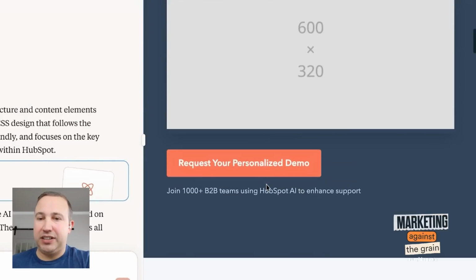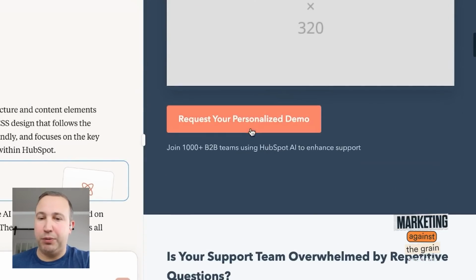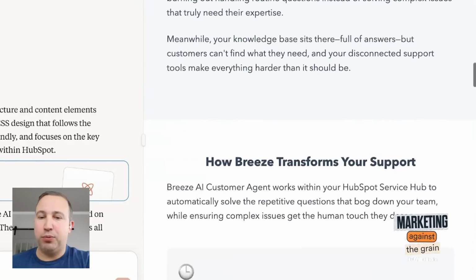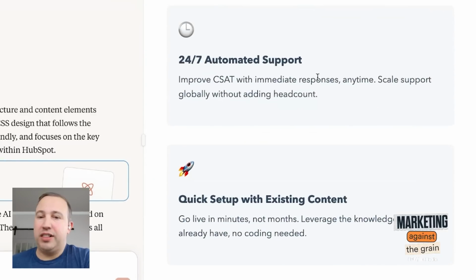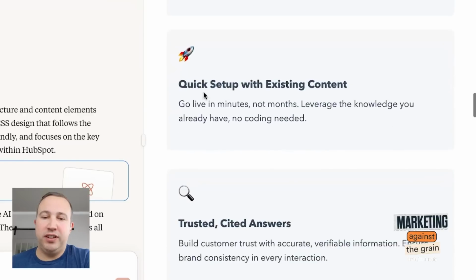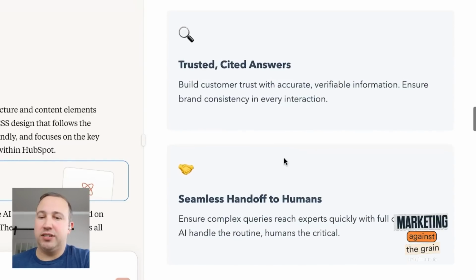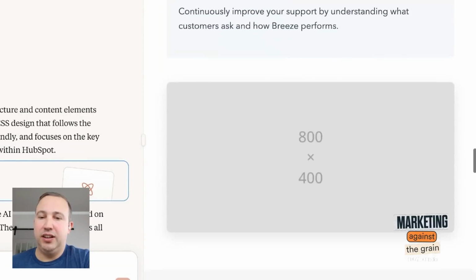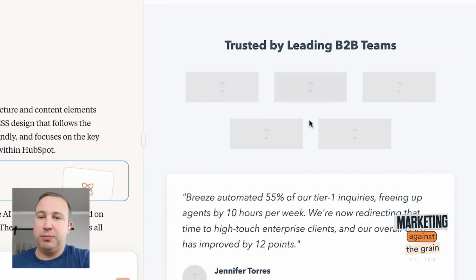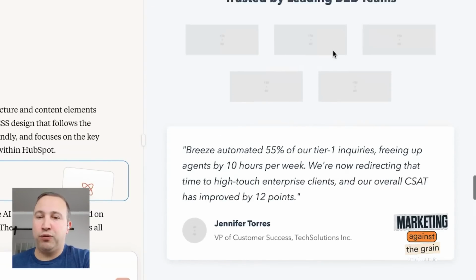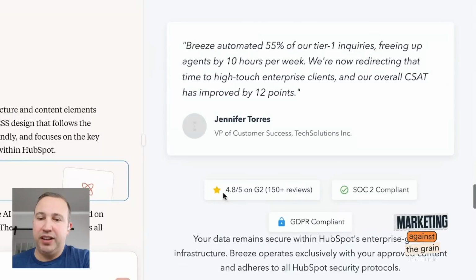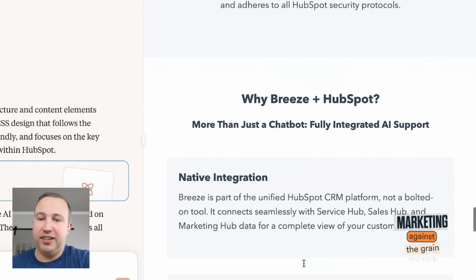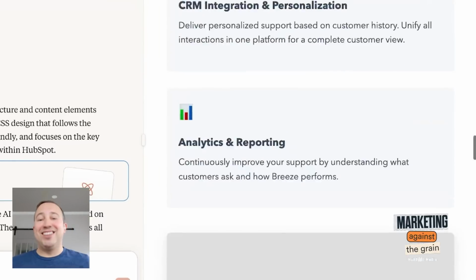Obviously it has placeholders for product images, but it put the demo buttons in, has a support team section, and then it has a really good feature callout section. One of the great things is that you can have support 24/7. It's really quick to set up. It's got awesome citations. It hits the proof points well. It's trusted by leading teams and put a placeholder for our logos there. It has a testimonial in here. It pulled in G2 ratings and that it's SOC 2 compliant. That's pretty dope. Come on, this is great, man.